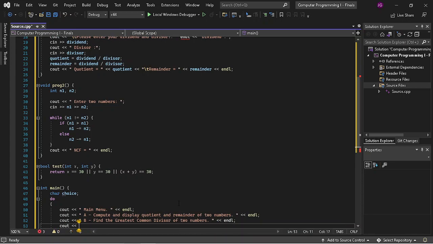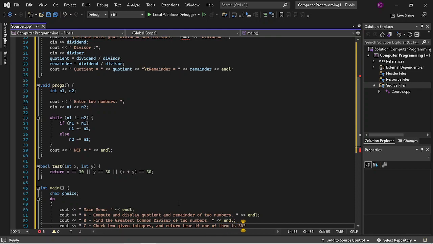Next question, we have C, check two numbers, or two given integers, and return, or it will go back, return true if one of them is 30,